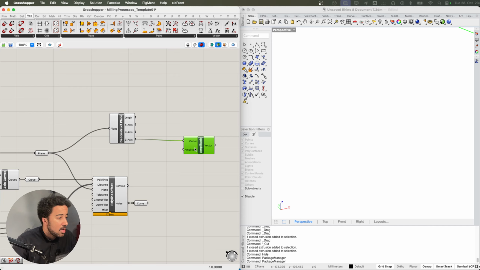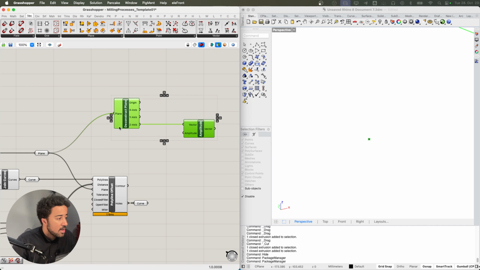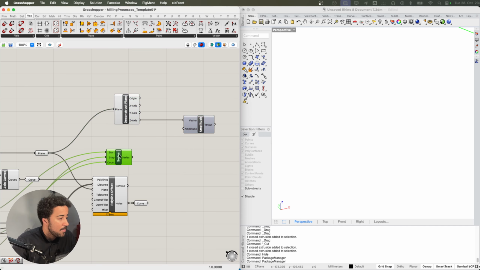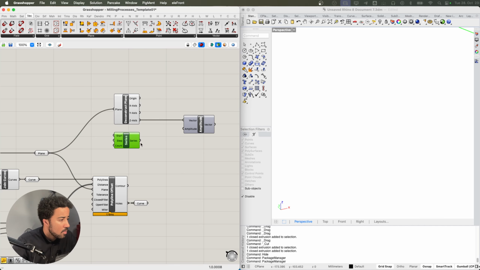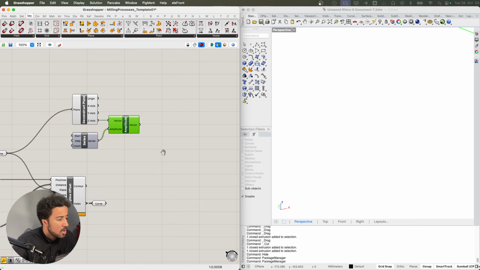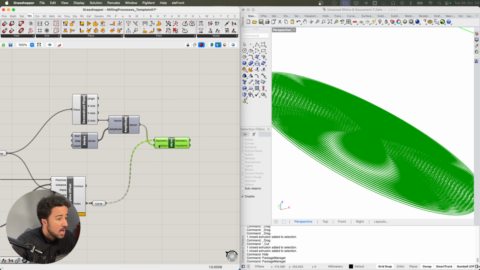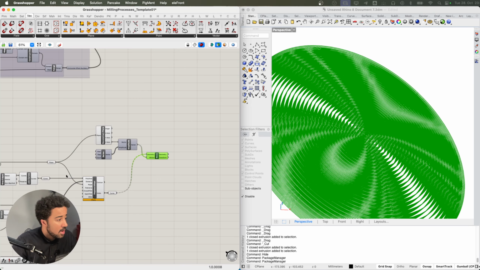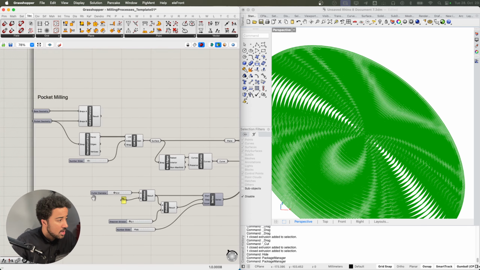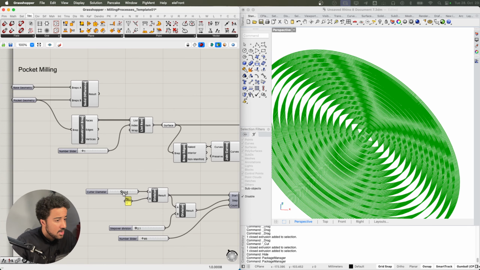And now that we have this amplitude component, we can create another series to create multiple vectors. I will then use a move component, and the offset curves are my geometry, and the motion is my vector. And it's not that easy to see, but let me increase this just a bit.